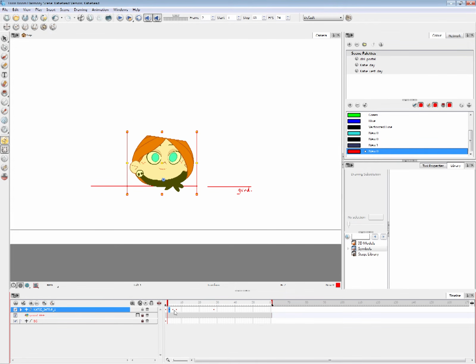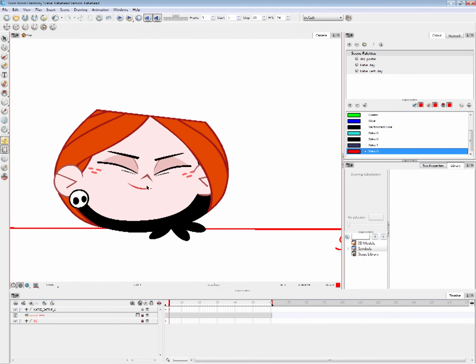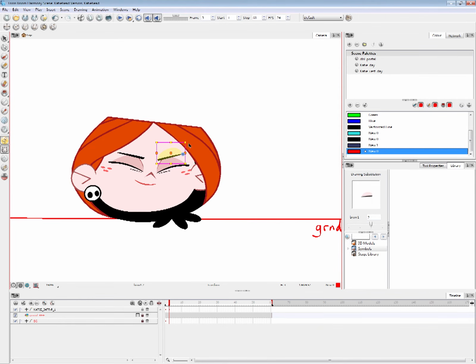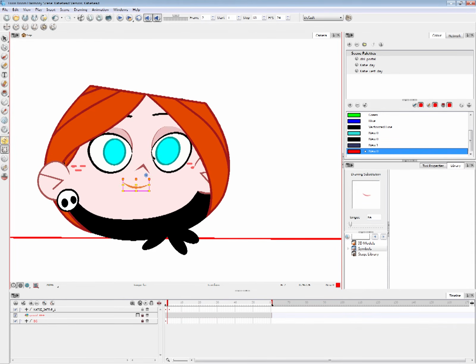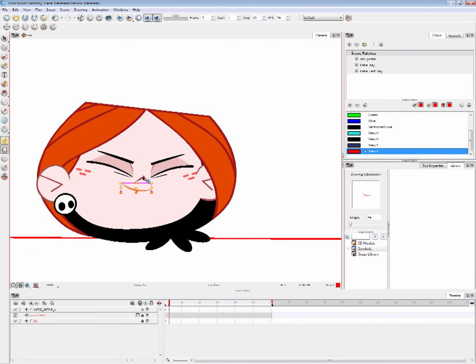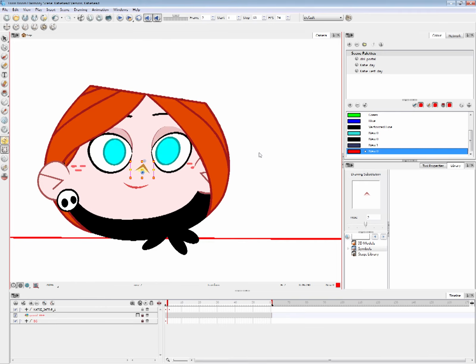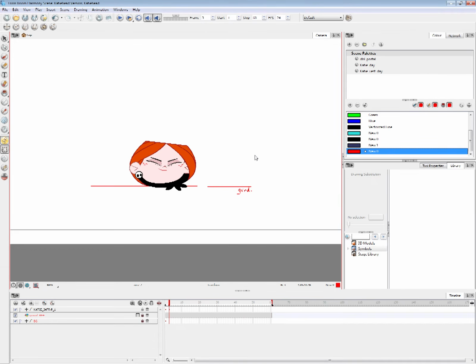I mean, that could work, but if you're gonna squish someone's body or head in this example, make sure it's squishing properly. All the eyes and brows are relatively coming together, being squished towards the center. Alright, that looks pretty good.